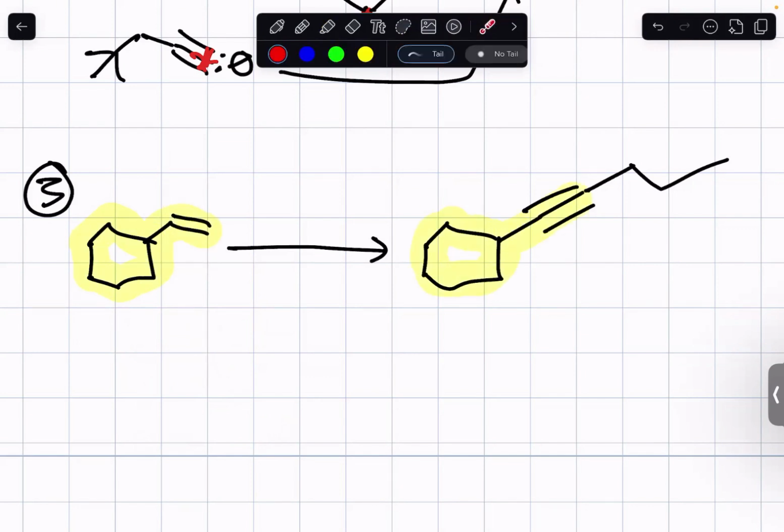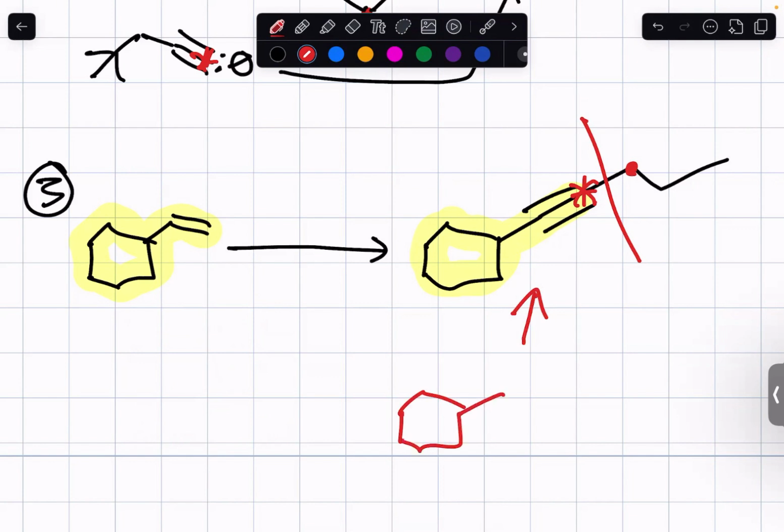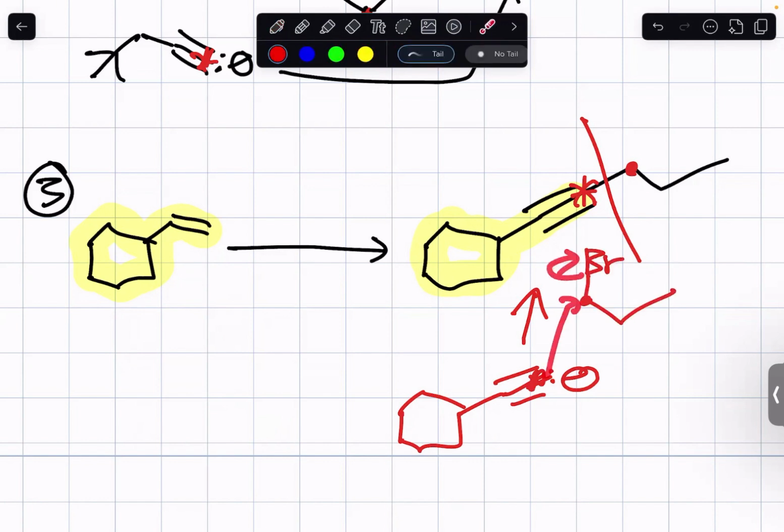So I'm highlighting my similarities here. That's the yellow highlighted part right there. I'm going to say that this alkyl carbon was the nucleophile, this was the electrophile, and that was the new bond being made. So I'm going to make a disconnection right there, right? So I'm going to go backwards here. I'm going to say that that alkyne had a negative charge, and then to attach that group, that's my carbon with a good leaving group, bromine right there. SN2 reaction. Attack that carbon, kick out the leaving group. Now, to get to here,